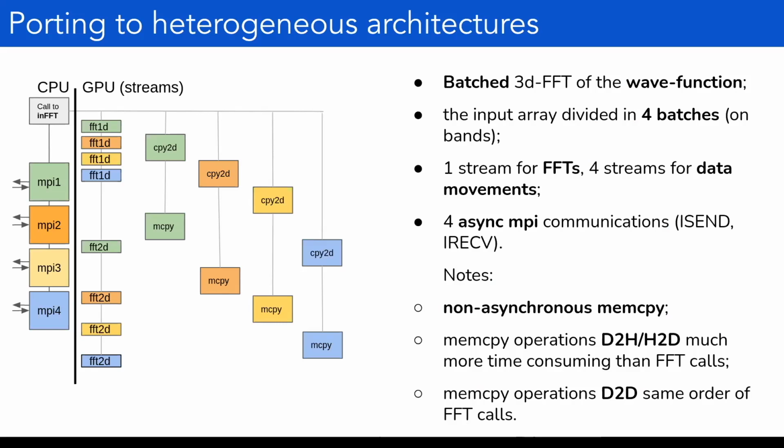FFTs are done with the data divided in batches, and each batch works in an asynchronous way with respect to the other batches. So each batch finishes its workload and goes on without waiting for the others to be completed. These asynchronous FFT algorithms were introduced since the first version of Quantum Espresso in CUDA for NVIDIA, and now they have been recently extended to AMD by Fabrizio Ferrari Ruffino and Laura Bellentani using the HIP coding language. So now we have asynchronous FFTs that also work on AMD architectures and